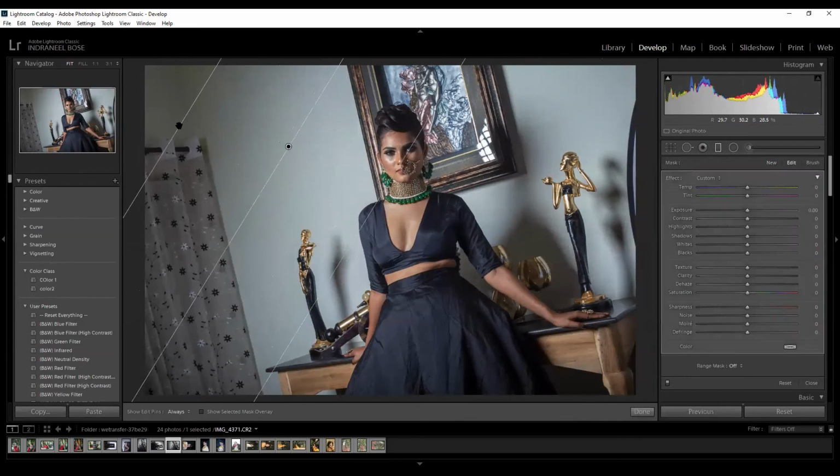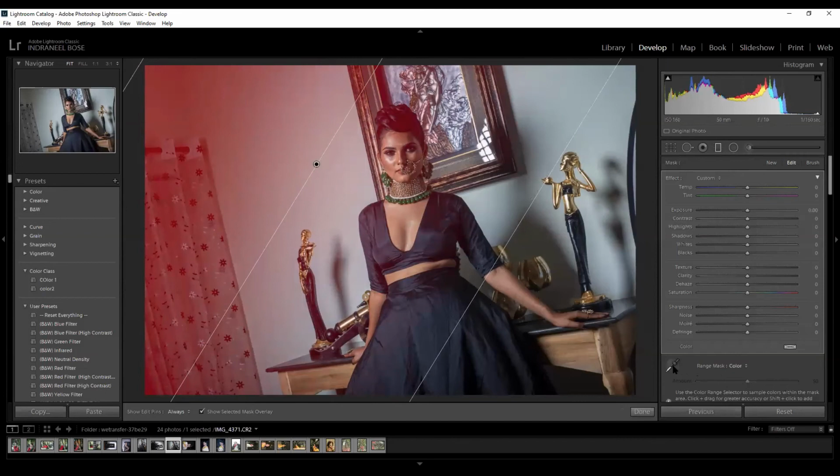See, okay. Now what we do, we go to the colors and let's increase the zone. As we increase the zone, now we try to pick the colors. 1, 2, 3. Okay.